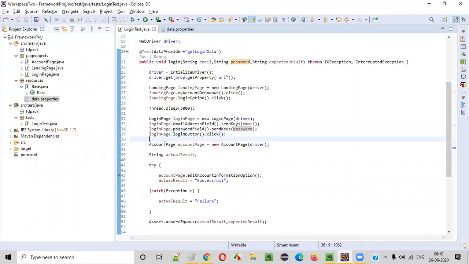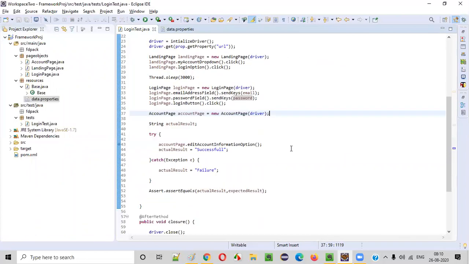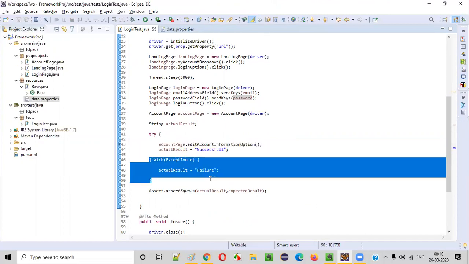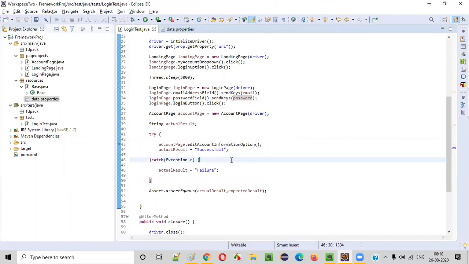Now the account page, the edit account information option should not be coming, right? Actual result failure. So failure is correct. It will go to the catch block definitely. It is going to the catch block, I feel. Let's see whether it is going to the catch block or not.